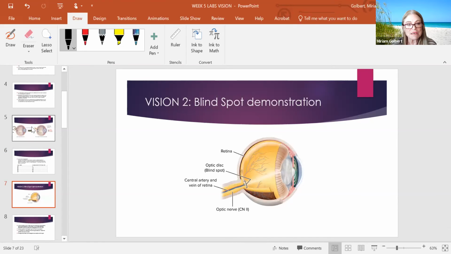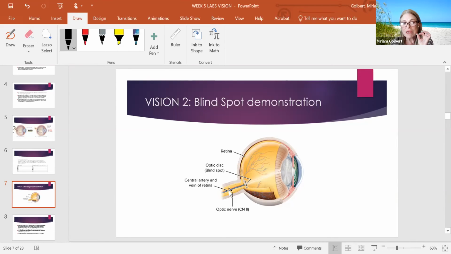So that's the first virtual simulation that we're going to do, which is the accommodation, finding that near point of vision. The next one you're going to do is called the blind spot demonstration. So the blind spot is a little bit away from the optic nerve. Not away, sorry. The fovea centralis is a little bit away of the